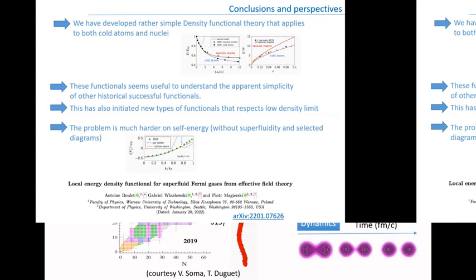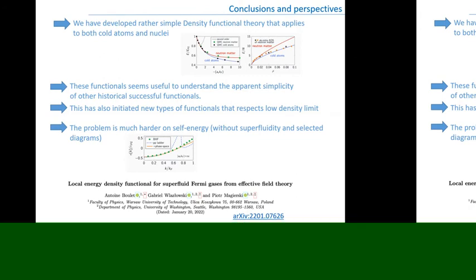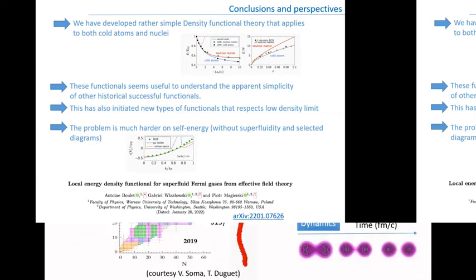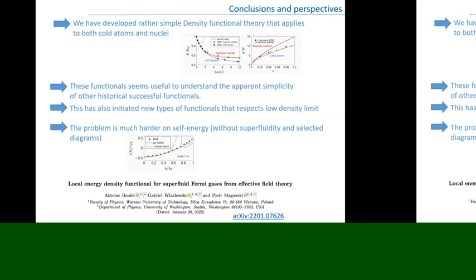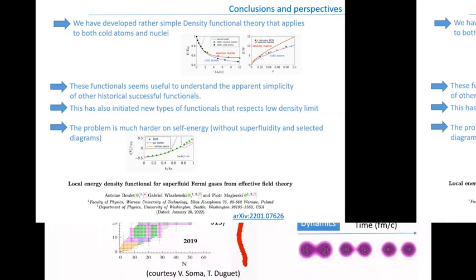My name is Piotr Magierski, and I have a question concerning this comparison with the unitary regime. Part of this energy comes from the anomalous density. Yes, but this was the problem, actually. We were able to get a functional theory without the anomalous density. So doing it without being superfluid, while you know that the system is superfluid, is problematic. It means that